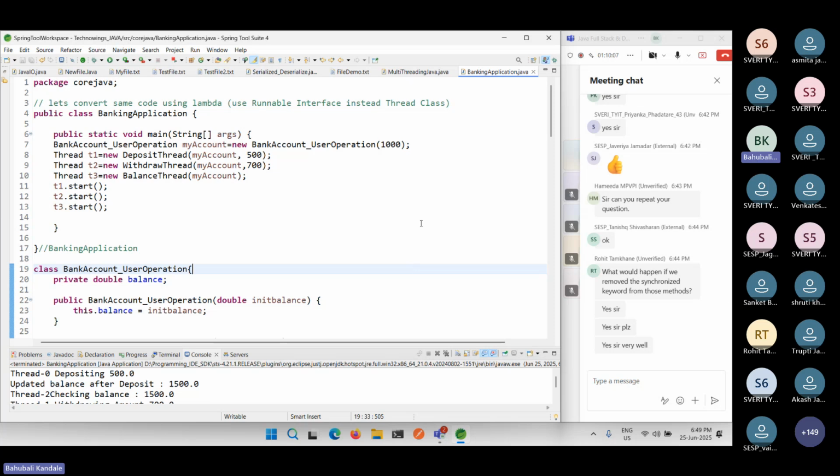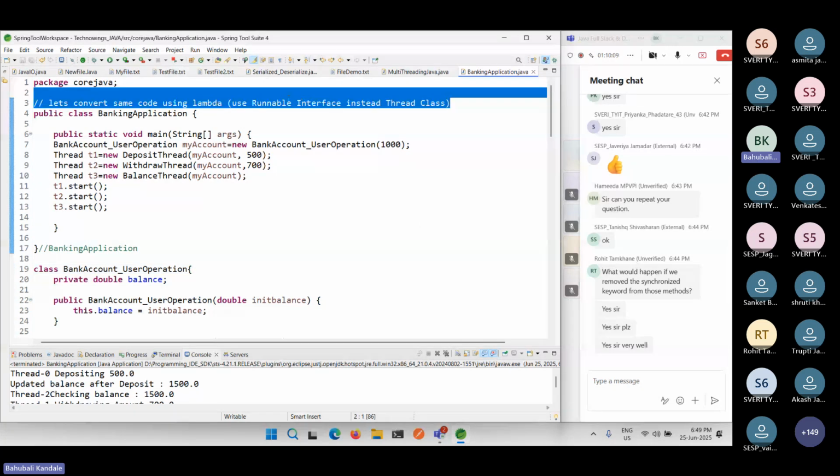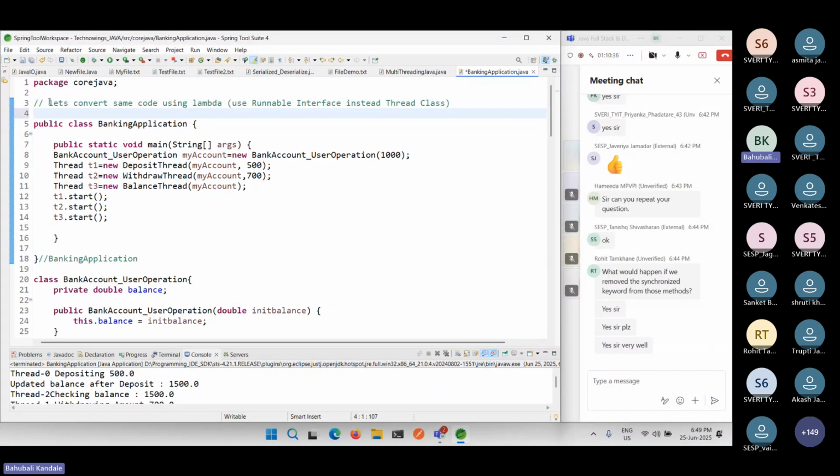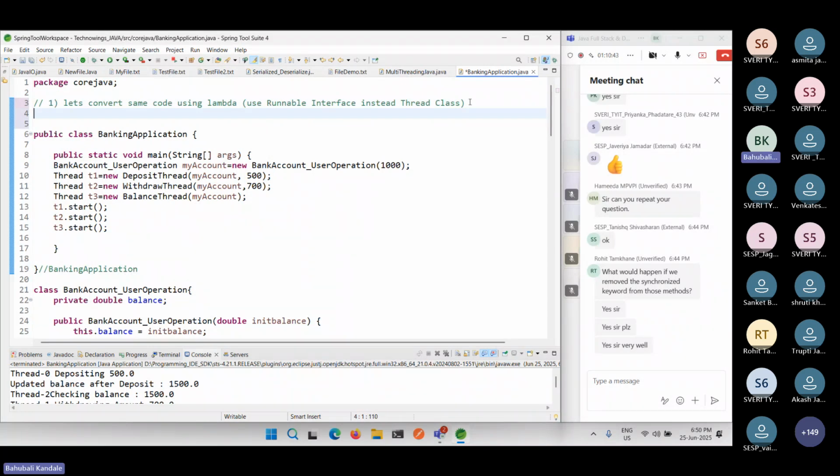So please write these things using Lambda, and to convert that code with Lambda, you can use the Runnable interface. Do not use a Thread. You can use the Runnable interface. Till you write that code, I'm going to give another assignment. That's the first one. The second,